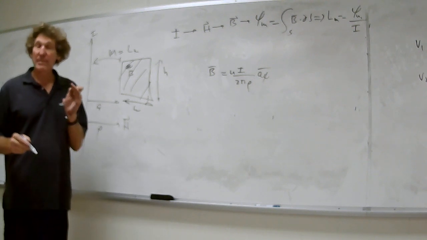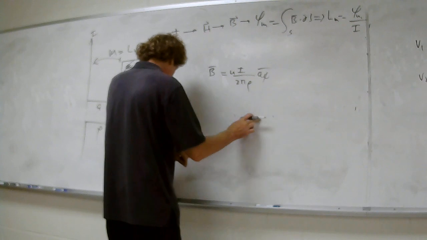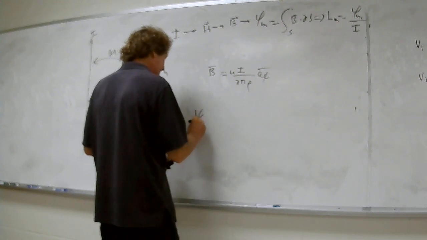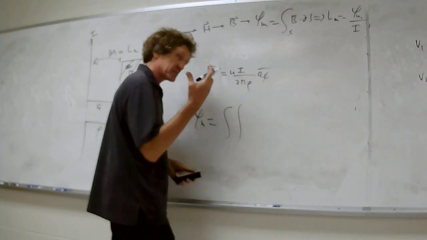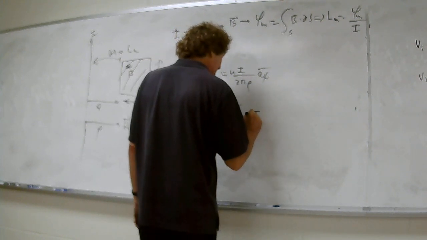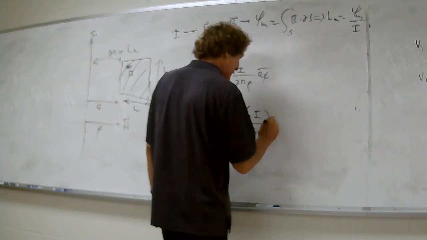By the way, this is going to be per turn. Usually there's more than one turn. So how do we get the amount of flux? Integral of B dot ds. That's right. The integral has to be a double integral of B, which is mu I over 2 pi rho A phi